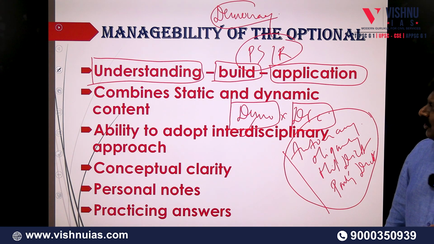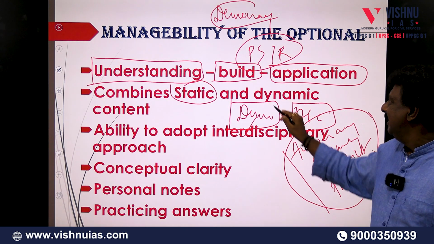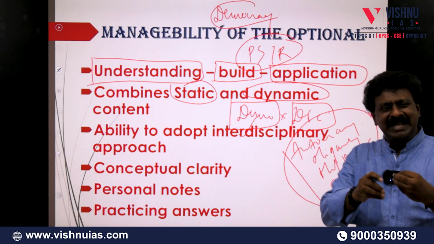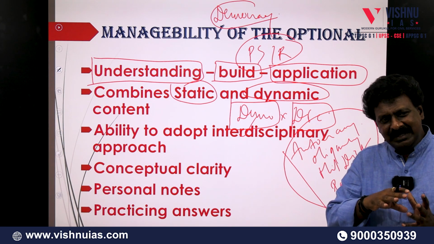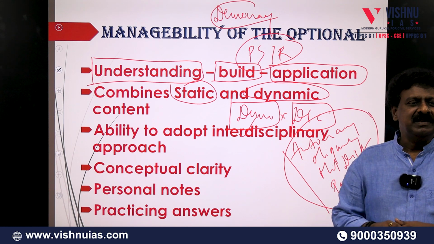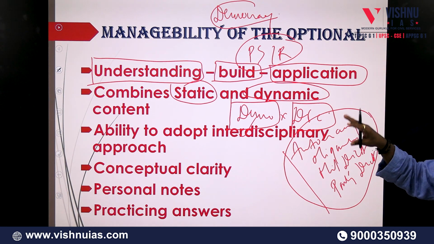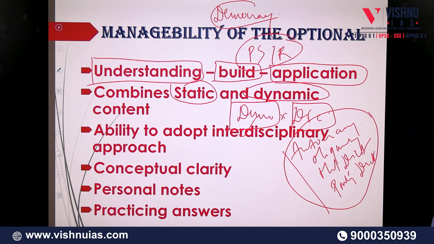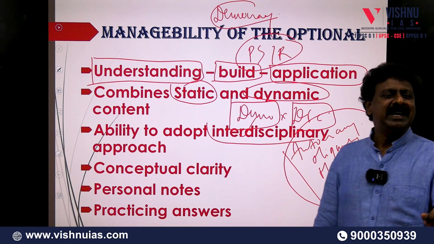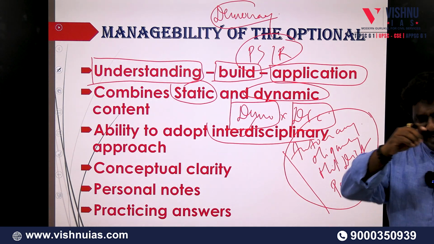Next, political science combines a good amount of the static or conventional part of the syllabus with the dynamic part of the syllabus. Obviously, you know that paper 1 section A has a lot of static syllabus, and paper 1 section B, Indian government and politics, has a lot of contemporary inputs that you require to give in your answers. So political science combines static as well as dynamic content. And as I told you a few minutes earlier, a candidate requires an interdisciplinary approach for political science, which is actually the requirement for any candidate preparing seriously for civil services.